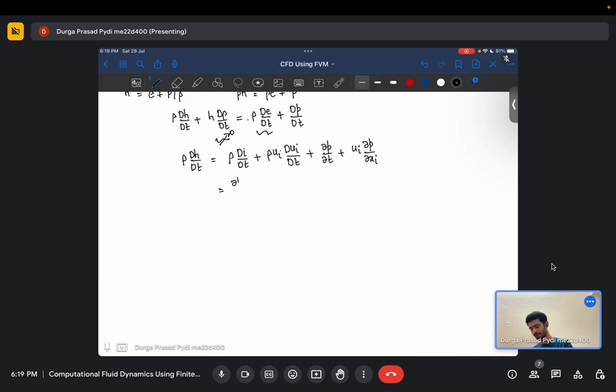So essentially we have del p del t, or maybe we should expand this particular term. So you have ui times rho times dui dt, where for rho times dui dt you can use the momentum equation. So you will essentially get minus del p del xi. So you get rho times di dt plus ui times, where rho times del u del t is essentially minus del p del xi